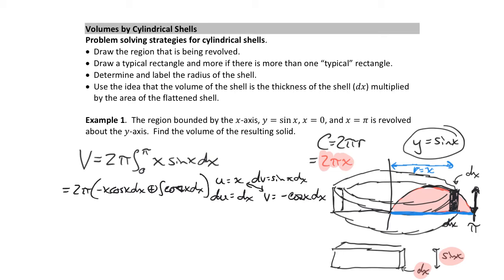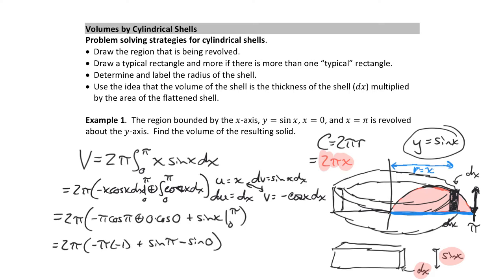dx there. And I lost my limits. We go from 0 to pi. The antiderivative of the cosine of x, the sloppy one even, is the sine of x. So we'll go ahead and evaluate that, and then evaluate our expressions at 0 and pi. After we've done this, we end up with 2 pi times negative pi cosine of pi. Cosine of pi is negative 1. 0 times cosine of 0 is 0. We evaluate sine of x at pi and at 0, both of which happen to equal 0. And so our final answer is just 2 pi times negative 1. So our final answer